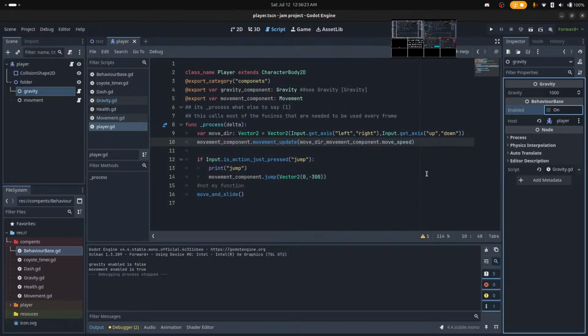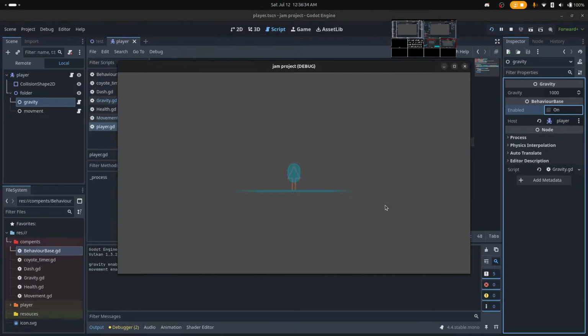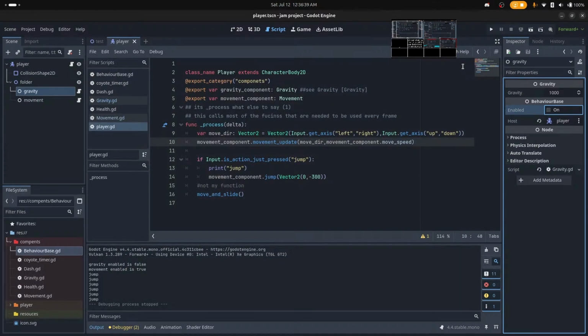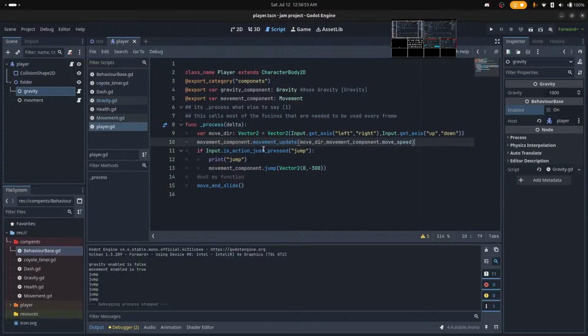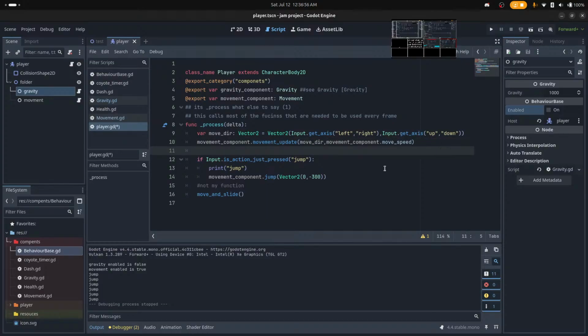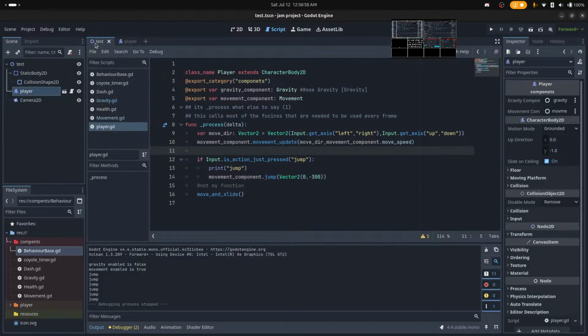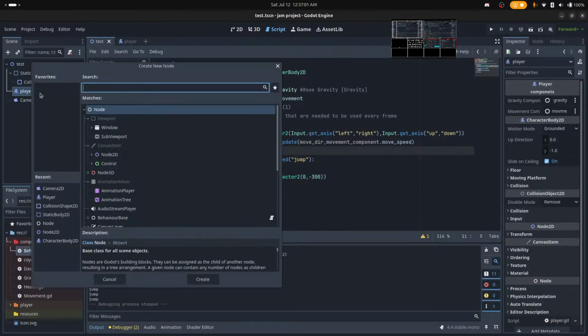So we can technically fly now. So we can fly, which does mean something. What we do also need to do is add